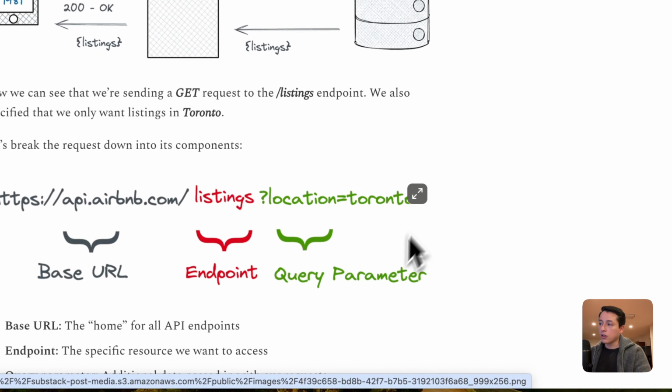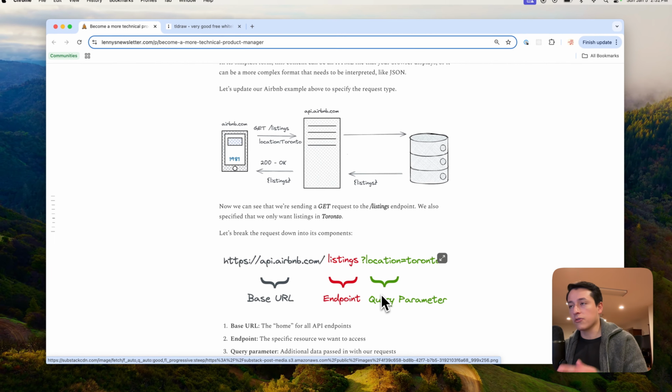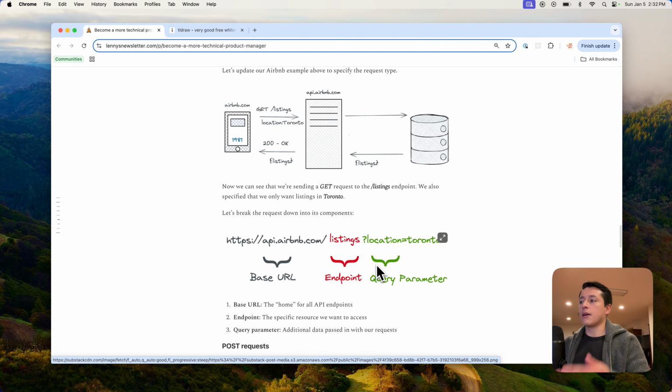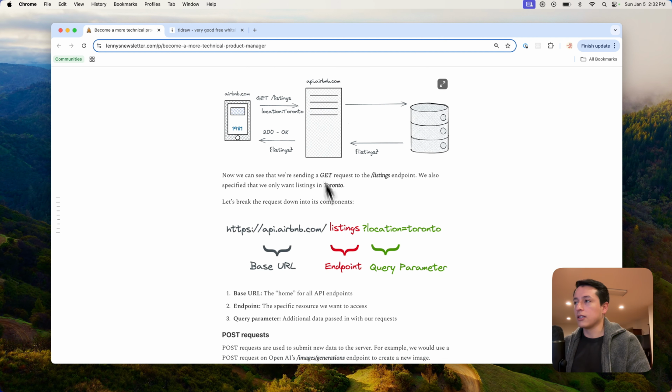And then we have what's called a query parameter. That's usually what's used for GET requests. There are different formats you can use for GET requests, but most of the time I've seen them structured such that you have the query parameter directly in the URL. So what does that mean? It's basically telling the API, when we make a call to the listings endpoint, hey, take